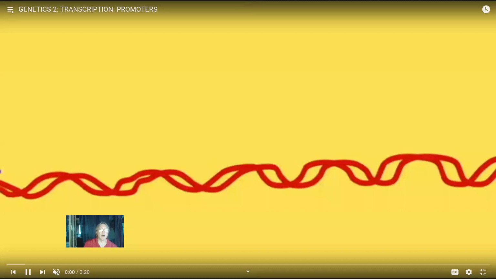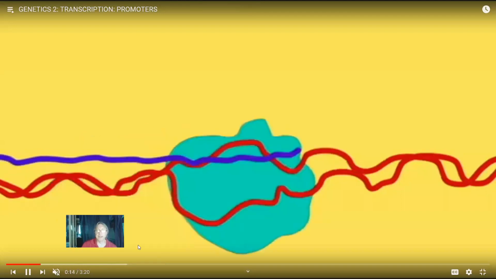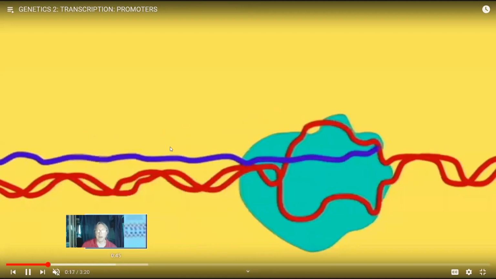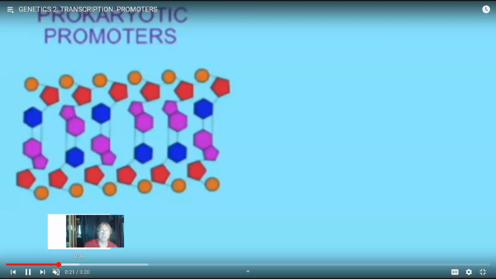The process of making RNA copies of the DNA is going to involve unzipping the double helix of DNA, indicated here in red, and then making this single-stranded RNA copy of it. The main thing to be achieved here is that the